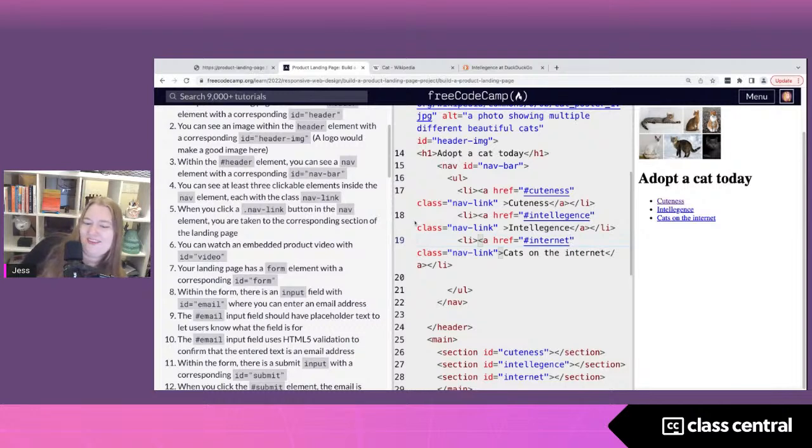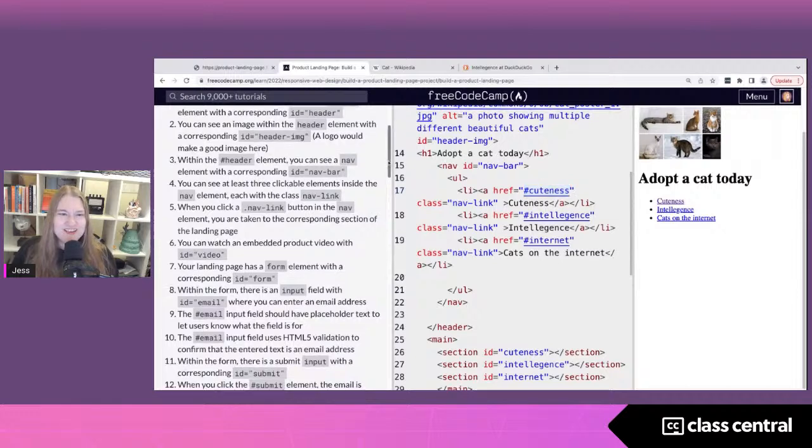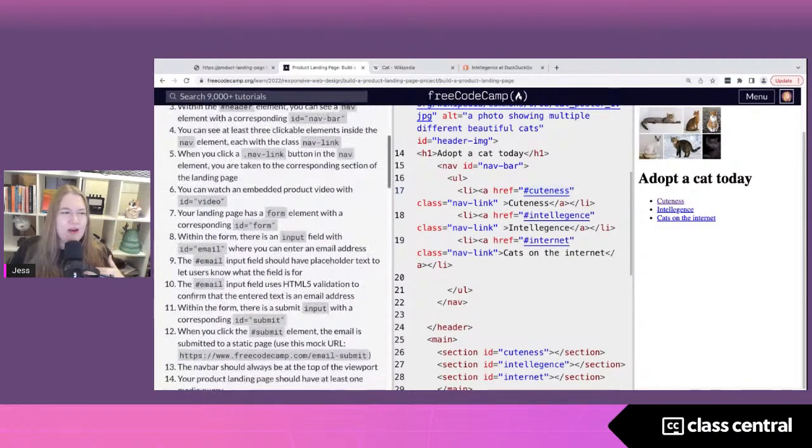Even though number 5 is saying, hey, build these nav links, there's some extra work implied here. And I wanted to highlight it and say, hey, when you click a nav link, it goes to the corresponding section of the landing page. And that means we need to create these IDs and then link to the IDs on the page. We learned this way back, 5 weeks ago, 6 weeks ago. I'm going to take a deep breath. Whew, and we've got,